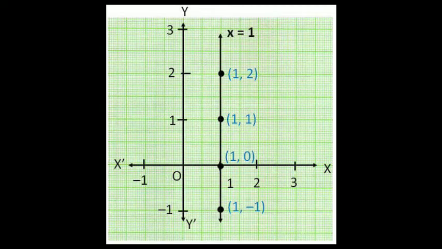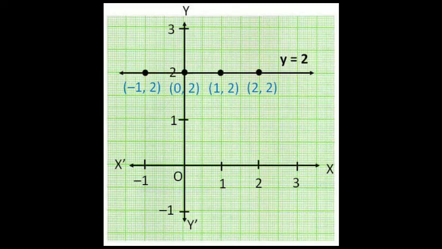So today we will discuss those points, why they lie on the axis, and how we can draw the straight lines that are parallel to the x-axis and y-axis. And what will happen if the x coordinate is 0, in that case what is the equation of the line, and when the y coordinate is 0, in that case what is the equation of the line. So today we will cover these things in this topic, and after watching the video you need to solve the NCERT exercise. So let's start today's video.